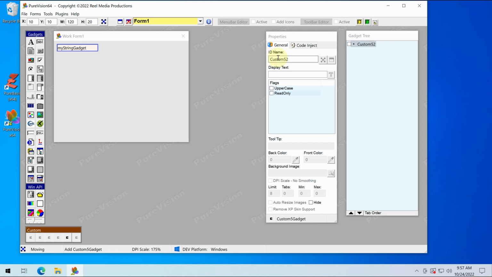This is the default name of our gadget, and since we can edit this now, we'll call it My String Gadget, and we'll type in hello, and we'll set a flag for uppercase. So when we export the code for this,